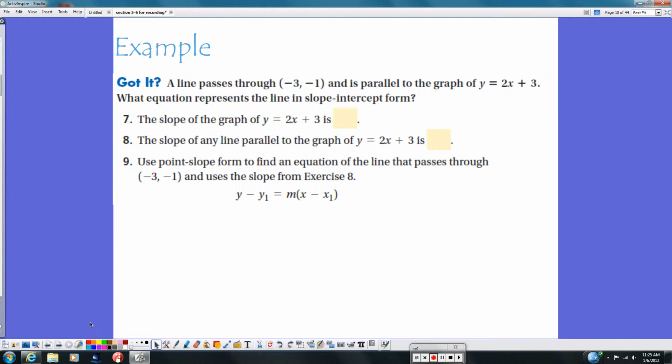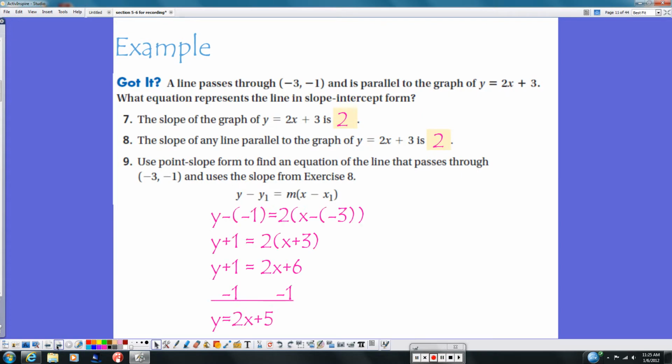So it says find the equation that represents the line in slope-intercept form. So first thing you need to do is figure out the slope of the given line. So the given line was 2x plus 3. It's in slope-intercept form, so it's easy to see that our slope is 2. The slope of any line parallel to the graph is going to have the same slope, so that slope's also